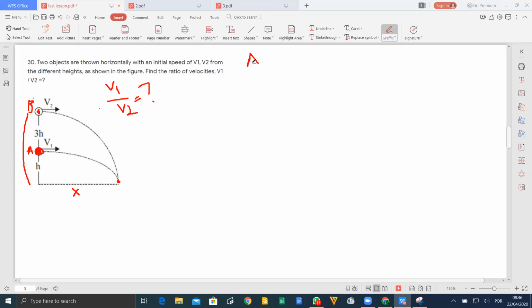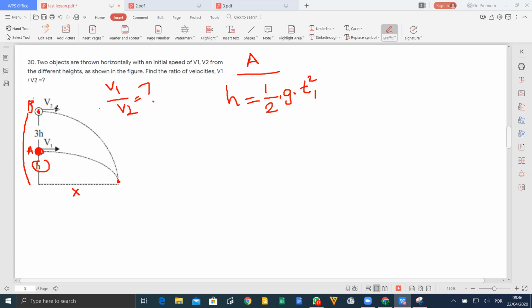For a, the height is h, right? The height h is equal to half times g times t1 square,